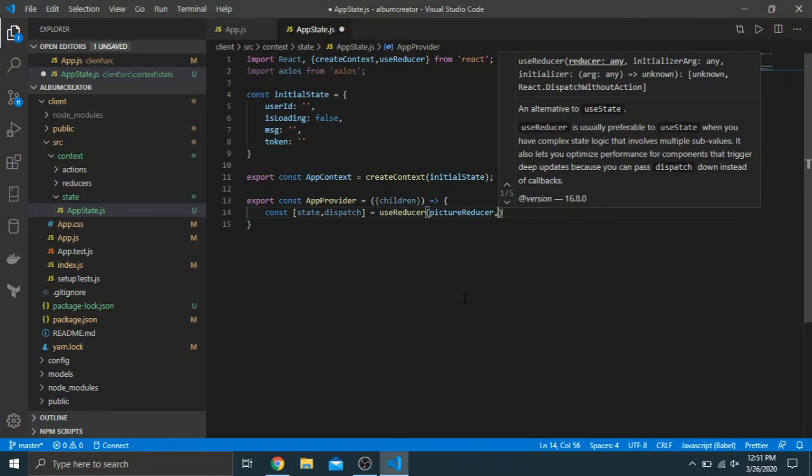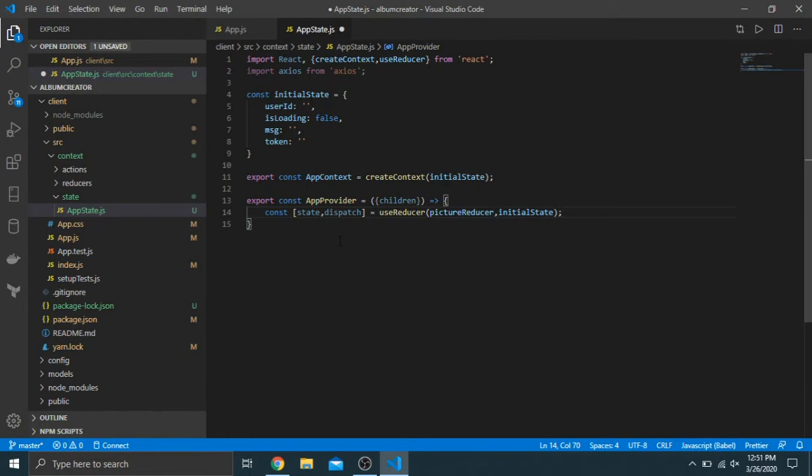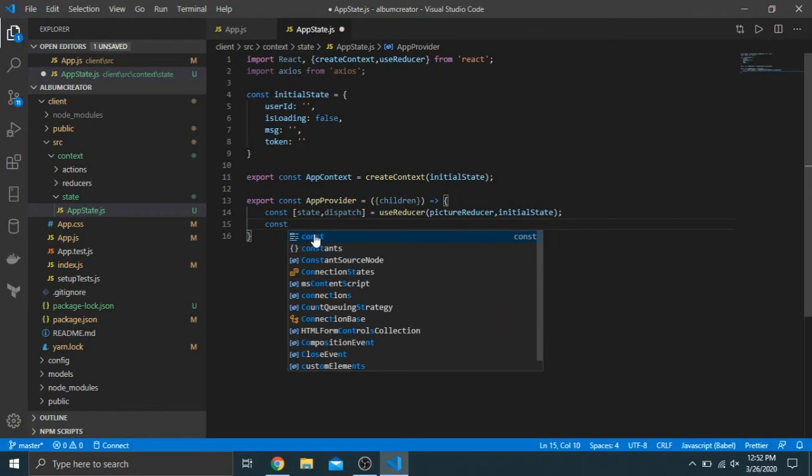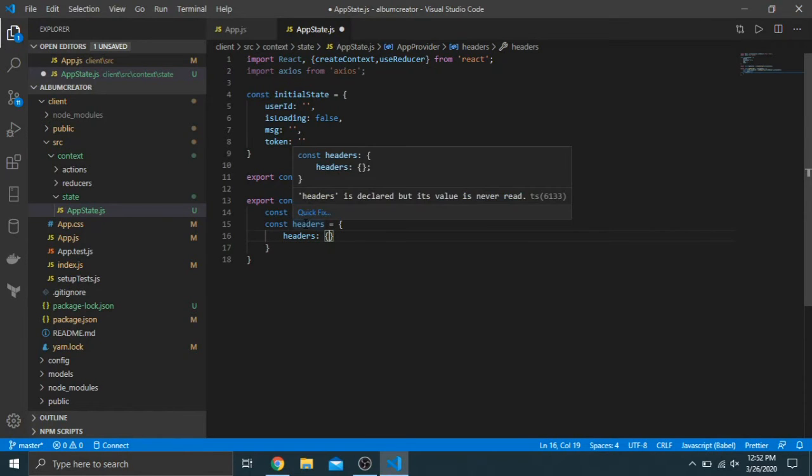And then we'll do initial state, which is the initial value that it takes in. And so now we have that, and we want to just create one more variable here, and I'm going to call it headers. And this is for when we're sending that header type of application JSON, that content type. And so we just want to do headers. I know the syntax is weird because I named it headers there, but that's like a field because when we pass this in here,